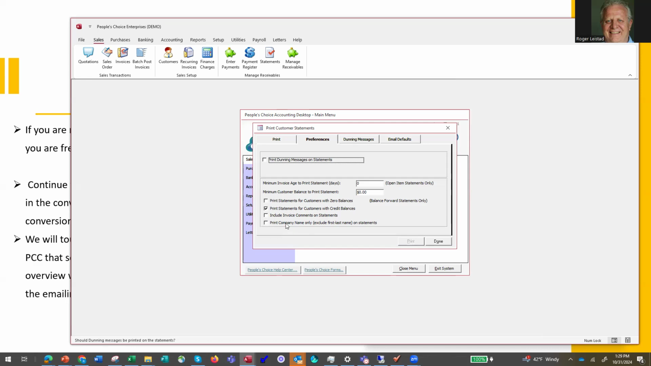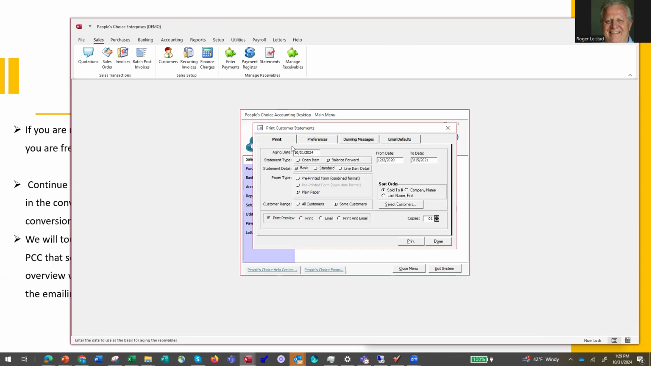Sometimes the name of the company and the name of the person are the same, and so they'll say just print the company. I don't need the other one anyway. So when you go to print, okay, there are these options right here. Today's the end of October. Most people probably may go back to the first of the year, and I'm talking about the balance forward statement. We'll just say we're going to always show what's been purchased this year. So we'll type in